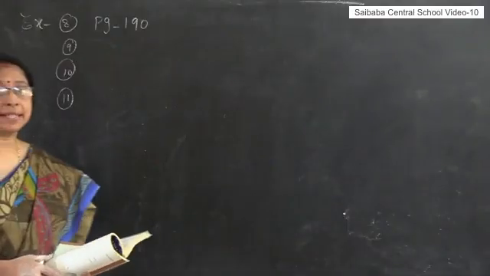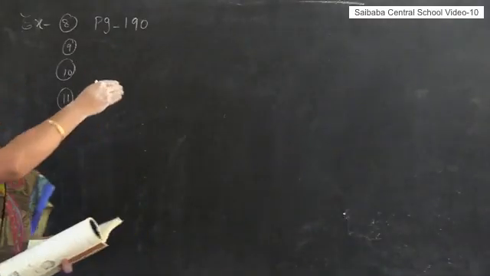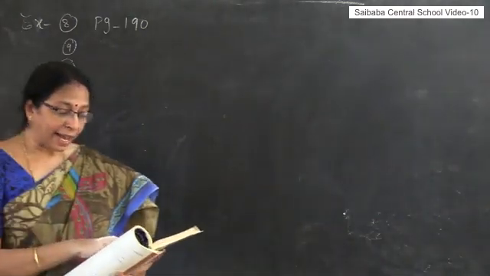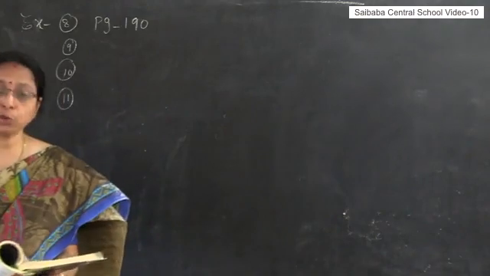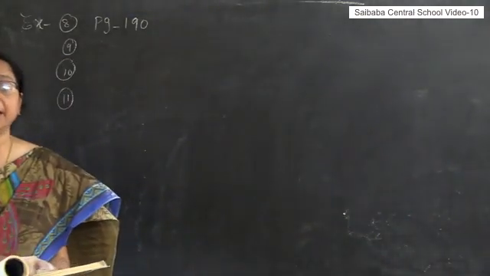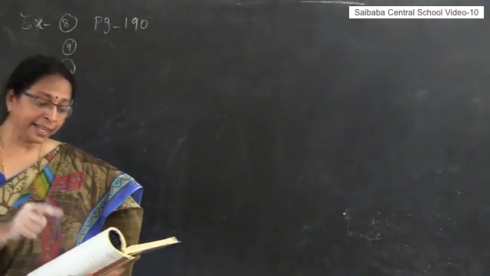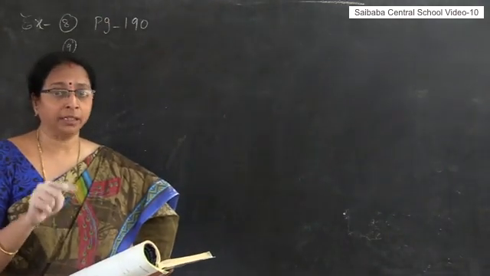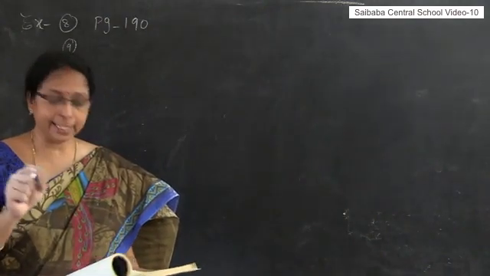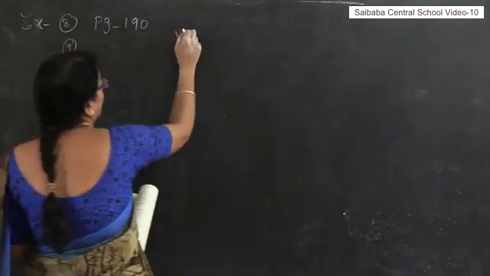Okay, let us see some examples. These examples are on page number 190. First we will see example 8. Find the height of a cuboid whose volume is 275 cubic centimeter and base area is 25 square centimeter. Here they have given the volume of the cuboid. I told you the volume of the cuboid is nothing but L into B into H, that is given. So the volume of the cuboid is